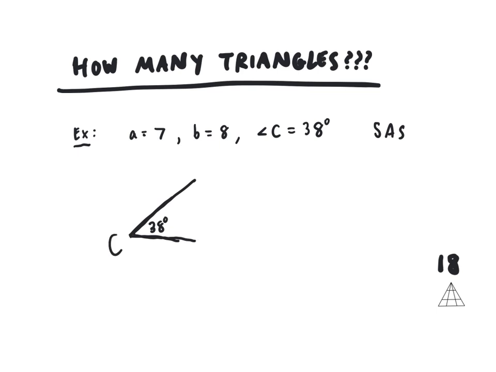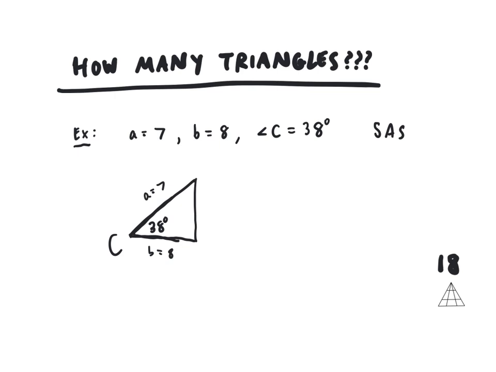of two other sides. We would, I guess, call them A and B in whichever order, because of course side C would have to be across from it. So we have two sides and an included angle. That's side angle side. And if you think back to geometry, side angle side was a method that we used to prove congruence, which means that if we had one triangle with these three particular measurements and another triangle with those three particular measurements, we had enough information to prove that the two triangles were actually congruent, that they were one and the same, which means that there is one and only one set of possibilities for these missing sides